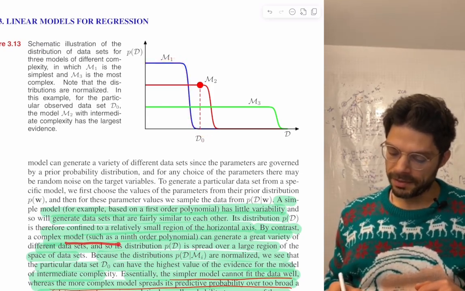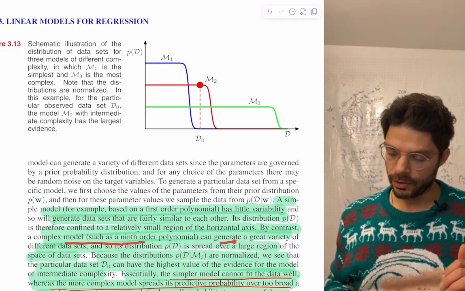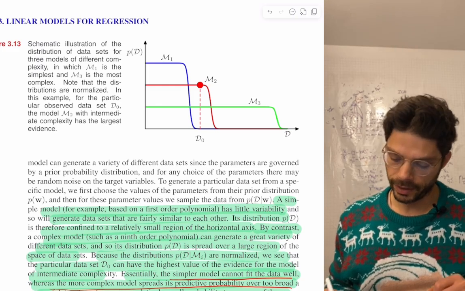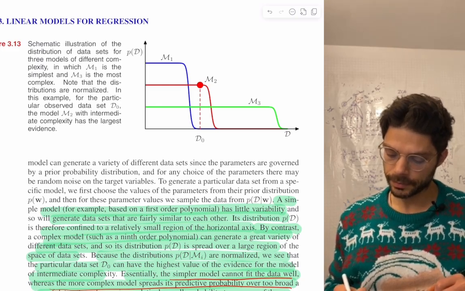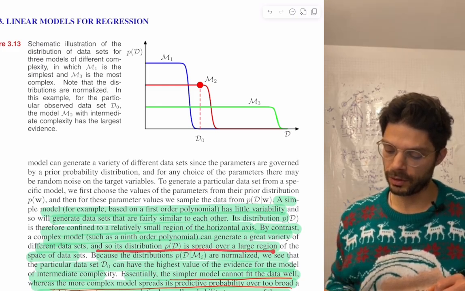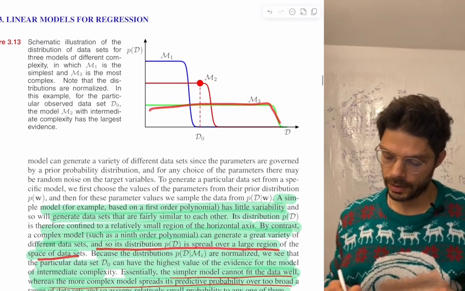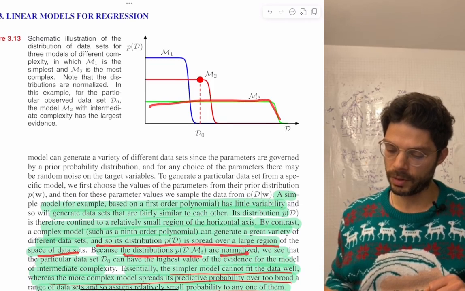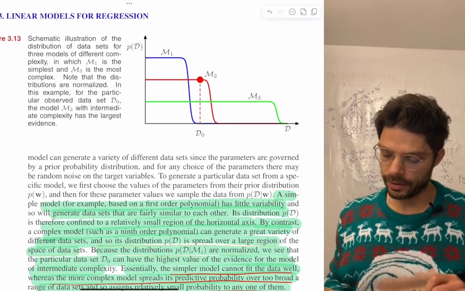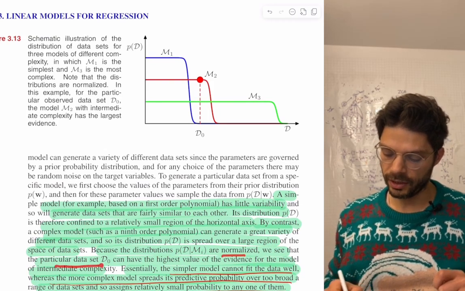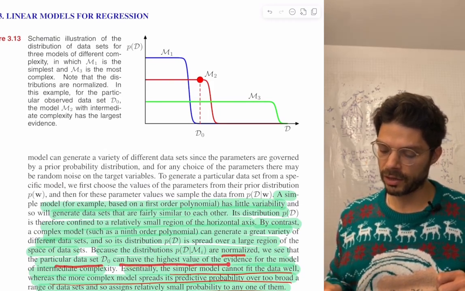By contrast, a complex model such as a ninth order polynomial can generate a great variety of different data sets, including the one we have exactly. And so its distribution P of D is spread over a large region of the space of data sets. Because the distributions are normalized, so the integral over the data has to sum to 1, we see that the particular data set D naught can have the highest value of the evidence for the model